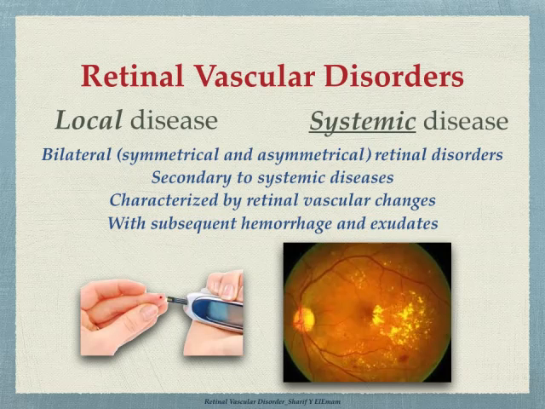However, there are some vascular disorders in the retina that are related to systemic diseases. They are characterized by being bilateral, and they are usually symmetrical in both eyes, but sometimes there is variability between the right and the left eye, so sometimes it's asymmetrical. They are secondary to systemic diseases, so the main disease is not present inside the retina but elsewhere in the body, and the retinal disorder that we see is secondary to this disease. They are characterized by retinal vascular changes, and all of them share hemorrhage and exudate